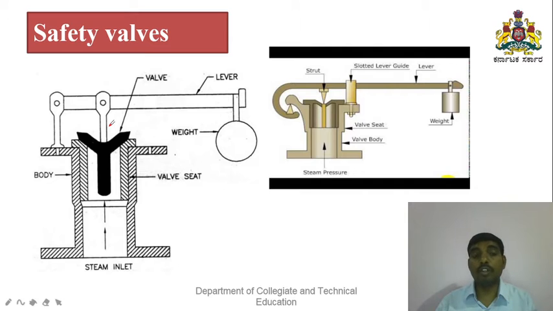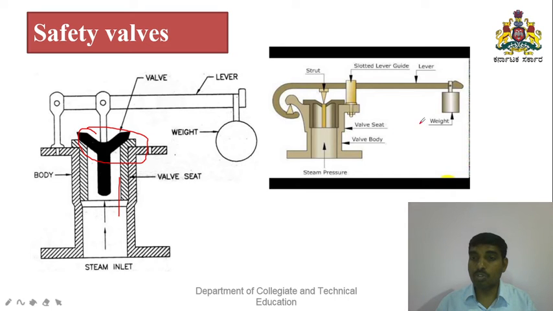To avoid that flow, the lever weight is given to one side to hold the valve on its seat. So when the pressure is reduced, the valve will automatically be placed back in its seat. This is a valve. You can call this the valve seat, and this is the body. The valve will be placed on the valve seat. So that is how the safety valve looks.